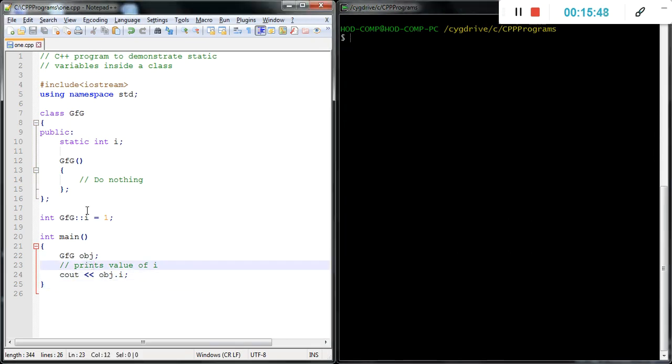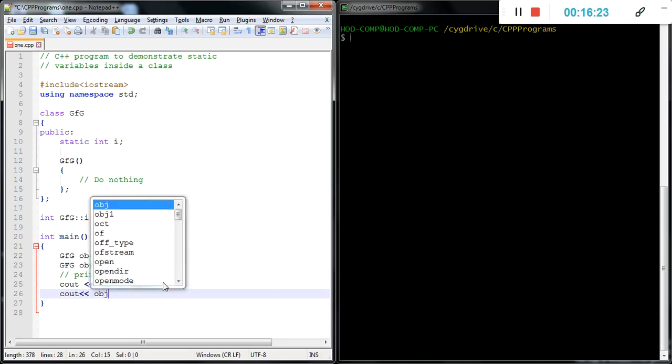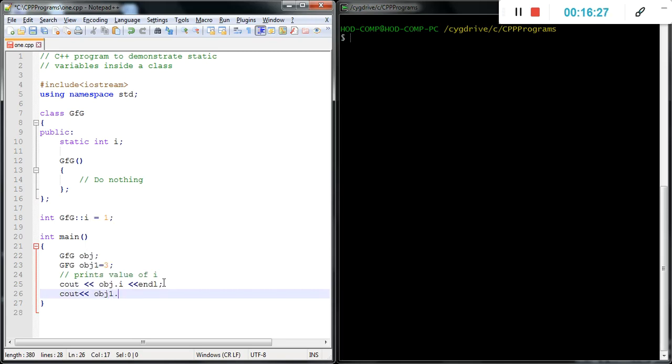Then we change it: we create a GFG obj1, and we initialize one value here, 3, and print it with cout obj1 dot I, and save.